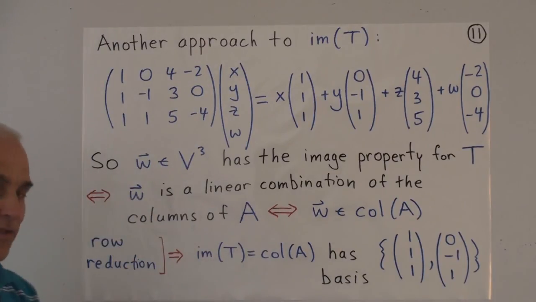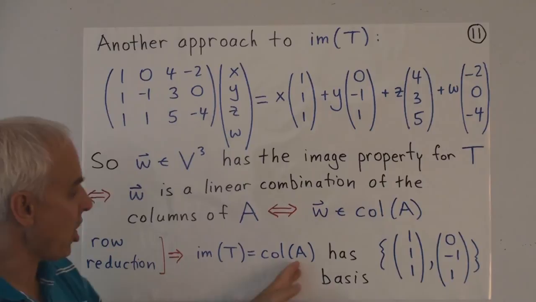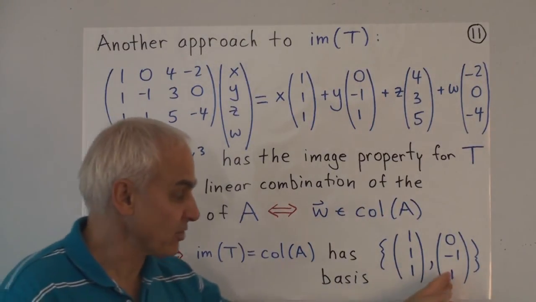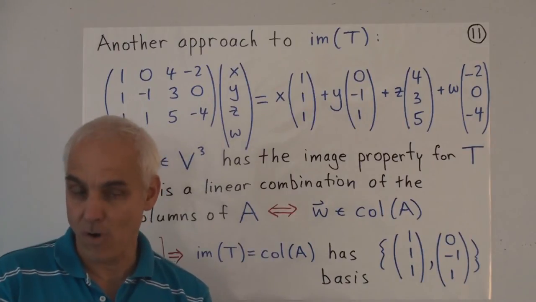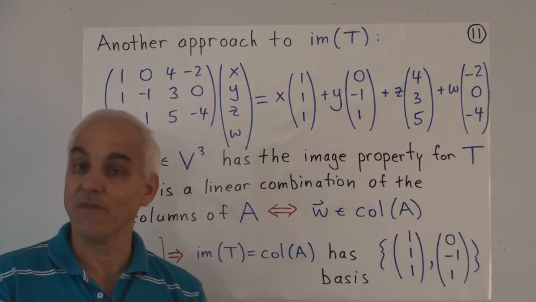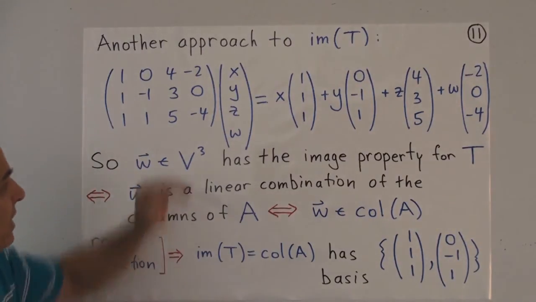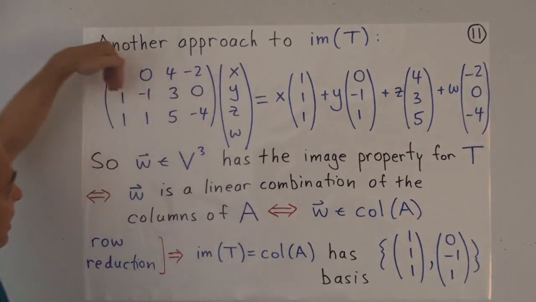That's another consequence of the row reduction that we did on the matrix. So the column space has the basis of these two vectors. These two vectors are really the basis for the image of the linear transformation. All right, so this is a very important point, that the image of the transformation is just the same as